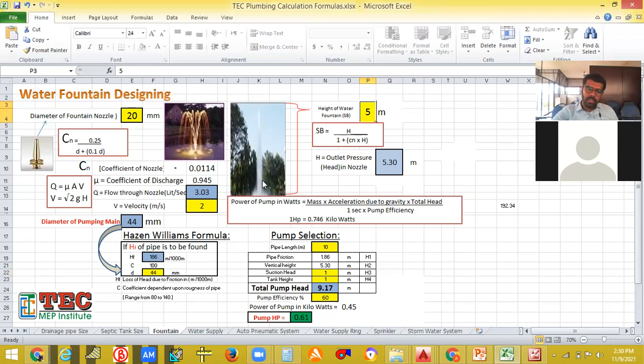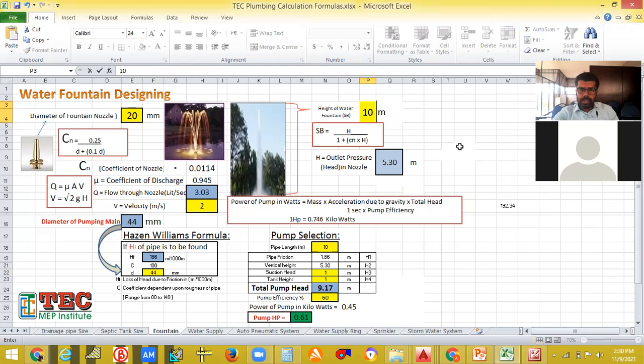You can see here, it is at least 10 meters, it seems. Correct, or more than that, I don't know. So this also has a good height. Correct. So you can just give the height, the height up to which the water has to reach. Okay, so I am just trying to give 10 meters.